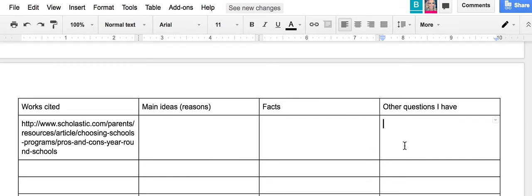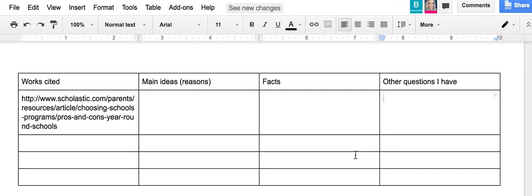And then in the last column, it's other questions you have. So as you read through this article, is there anything else that you want? Wait a second, I want to know that so that I can make sure that I talk about that. So that's what your